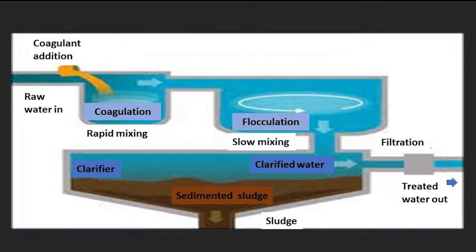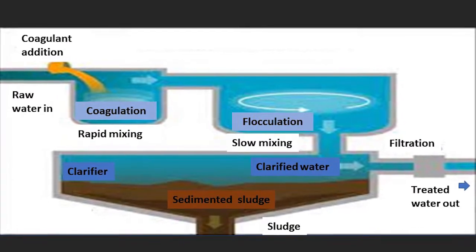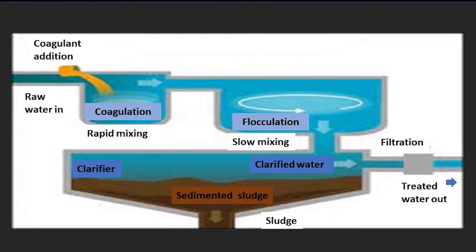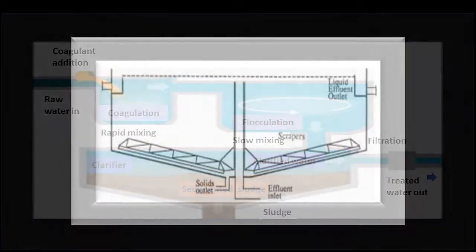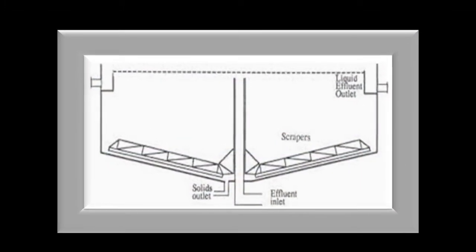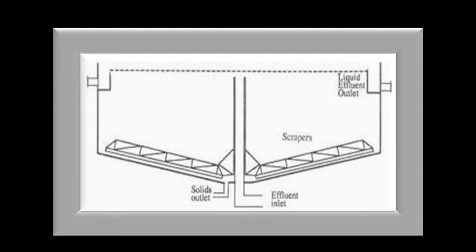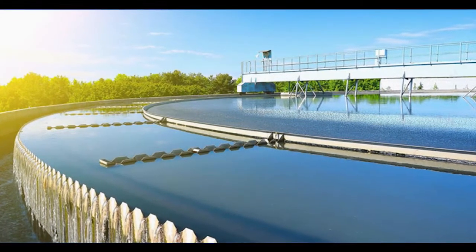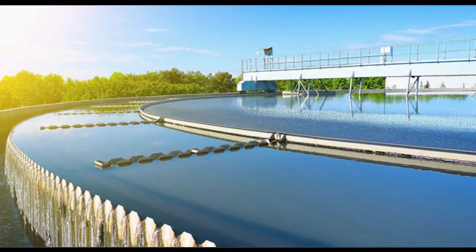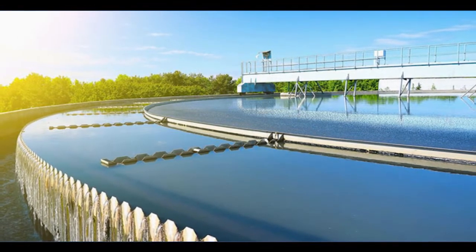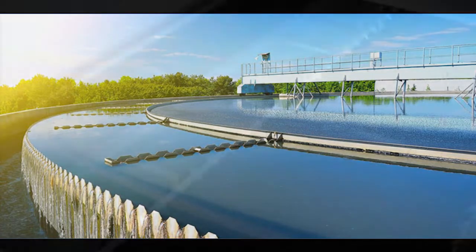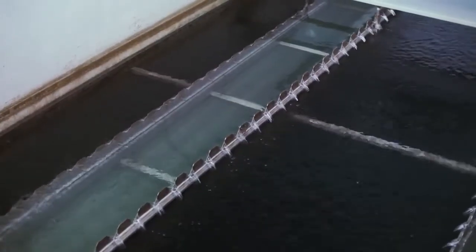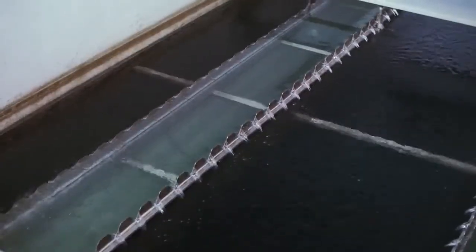Thus, sedimentation is a physical process which makes use of gravity to remove suspended solids from water. A rake continuously travels across the bottom of the clarifier and scrapes the settled floc to the center of the unit. Pumps are used to pull the settled sludge out of the clarifier and send it to a sedimentation or disposal pond. Clarified water is that water which has undergone clarification to remove suspended solids and solid particles.